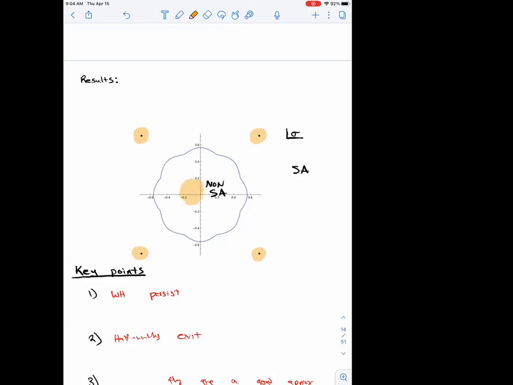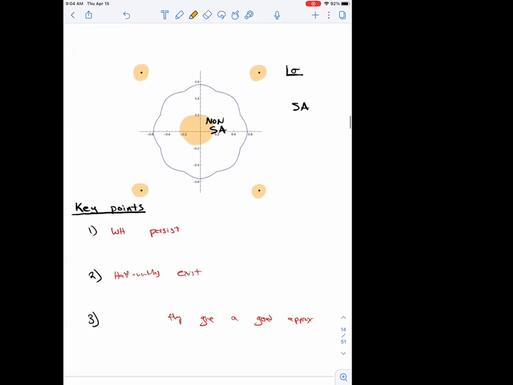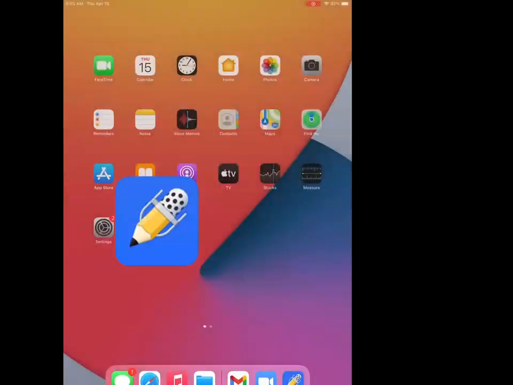But inside, it's not true. And the largest contribution comes from very close to the origin. The location close to the origin is this contribution we call a half wormhole. So the key point here is that the wormholes persist. That is, they are in the self-averaging region. These half wormholes exist in the non-self-averaging region near the origin. And together they give a good approximation.